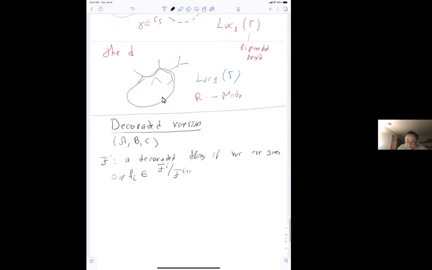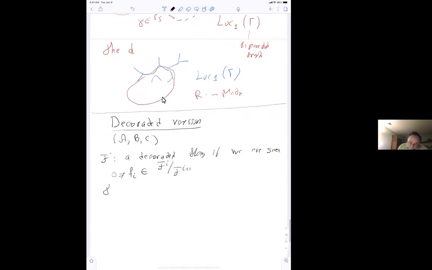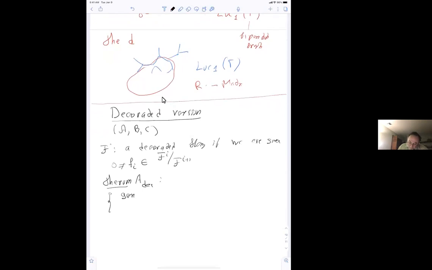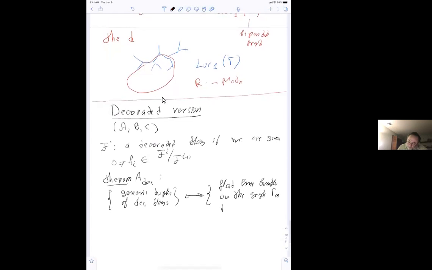Then we call this a decorated flag. Now I can make the decorated analog of theorem A, which says that generic triples of decorated flags are the same thing as flat line bundles on the graph gamma_m trivialized